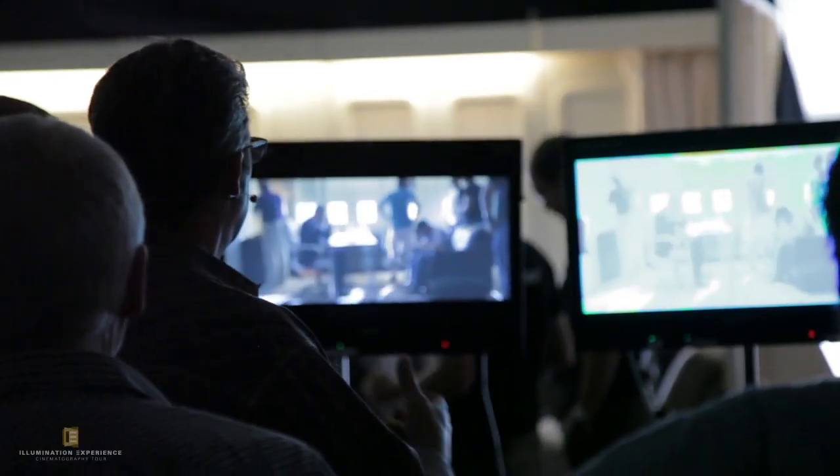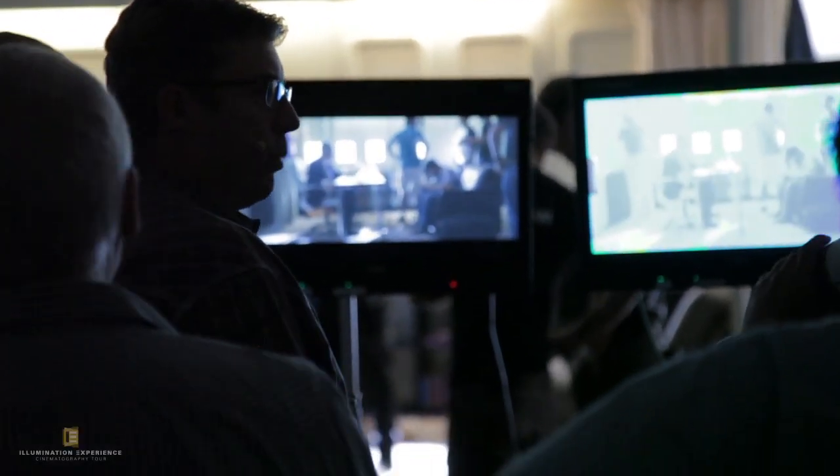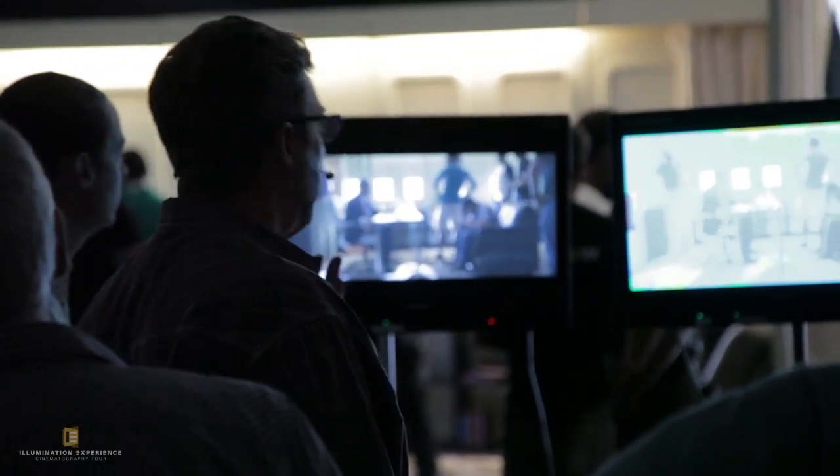Well, if I didn't take light meter readings, the set's already been struck, all the lights have been moved to some other place. If I didn't have the color temp of the camera, the lens, the whole feel of it, I would have no reference other than some screen grab that the editor gave me. So it's very essential to go in there and get those readings once we're ready for the actors.